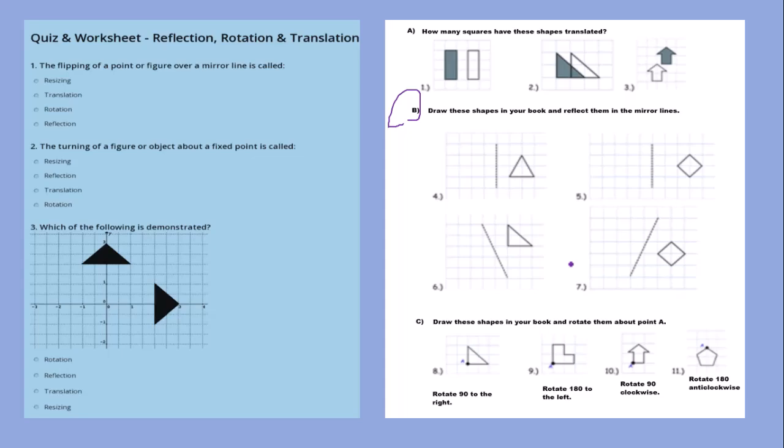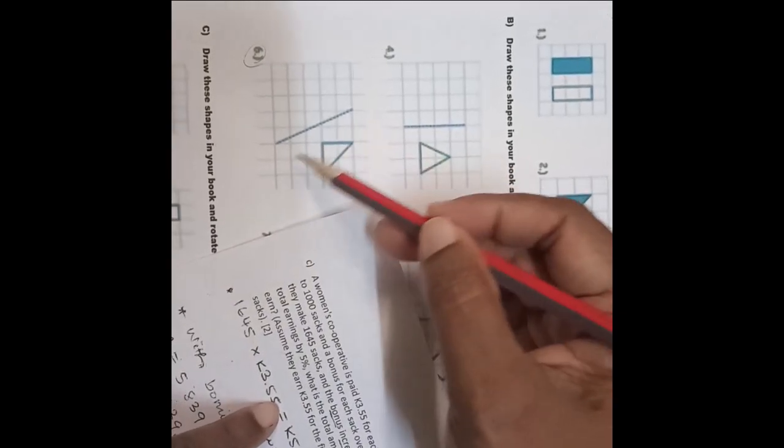Or if you stand on the right side of the mirror, then your image will appear exactly on the right side as well. It won't appear on the left side. So you and your image are forming a right angle with the mirror line. Keep that in mind when you are reflecting your points and the shape in the mirror. So let's start. All right, for this second shape where we have to reflect in this mirror line which is slopey,